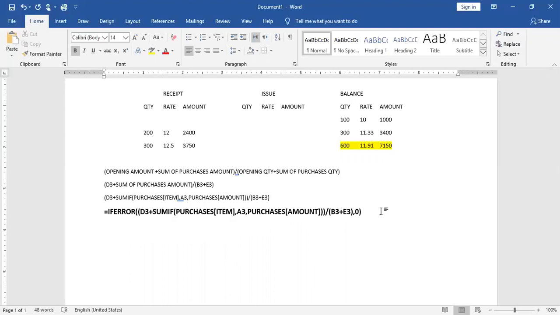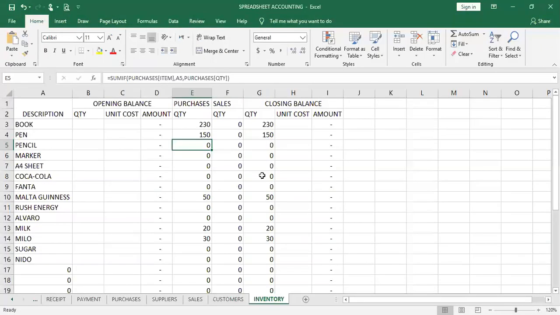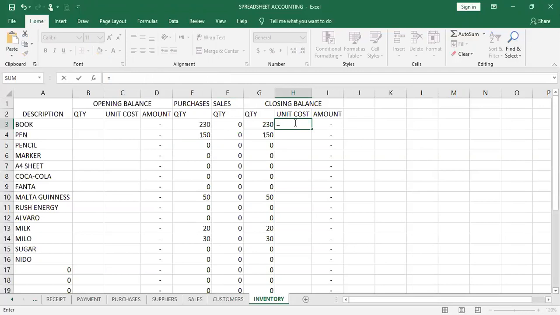So this is going to be the formula we need to put in to calculate the unit cost for the closing balance for our inventory. So we are going to move into the Excel sheet to enter this formula and see how the system will calculate the unit cost for us. So going back to the Excel sheet, at the unit cost under the closing balance, we will have equal to IFERROR, then another bracket open,